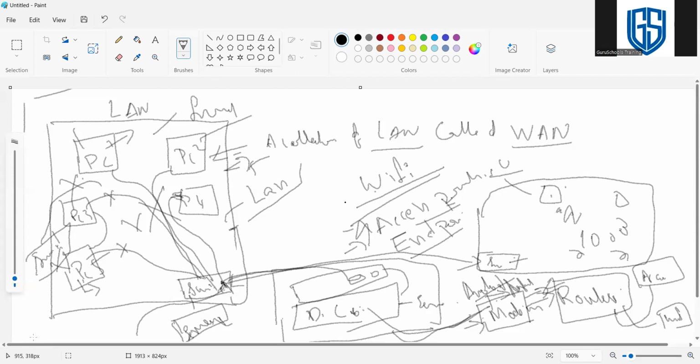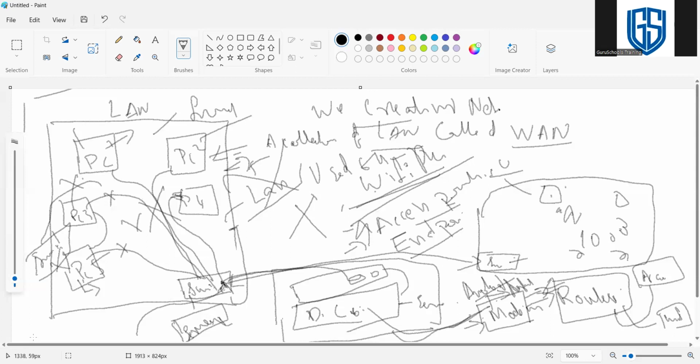So these are the things that we used in an on-premise scenario. In our case, we don't set up a scenario like this, but we need to create the same type of networks in cloud computing, purely virtual. Got it?